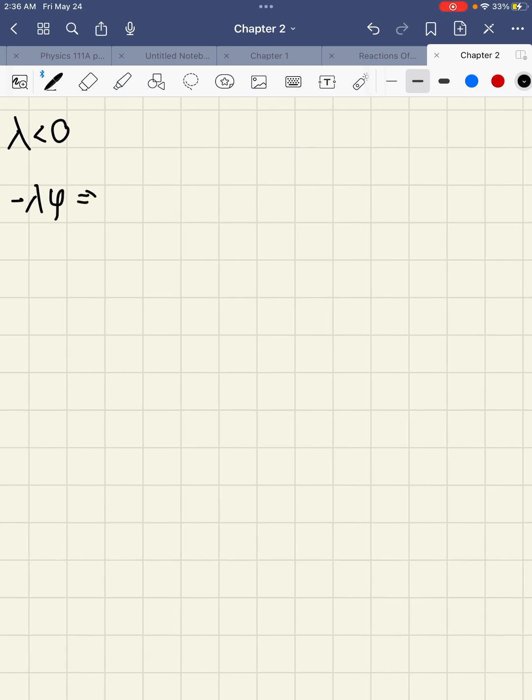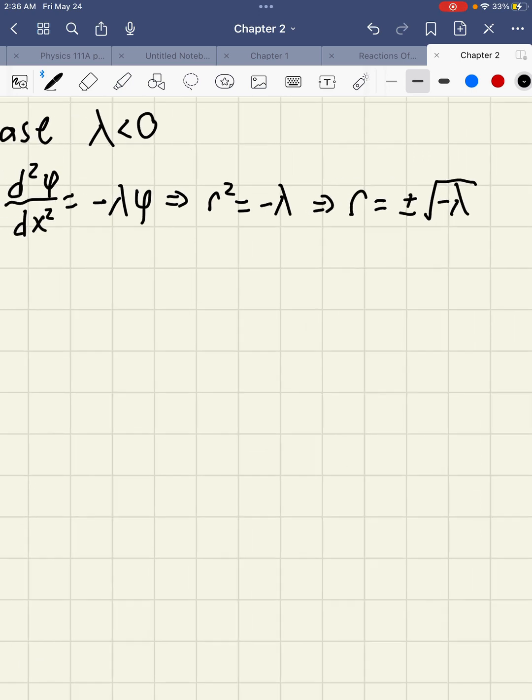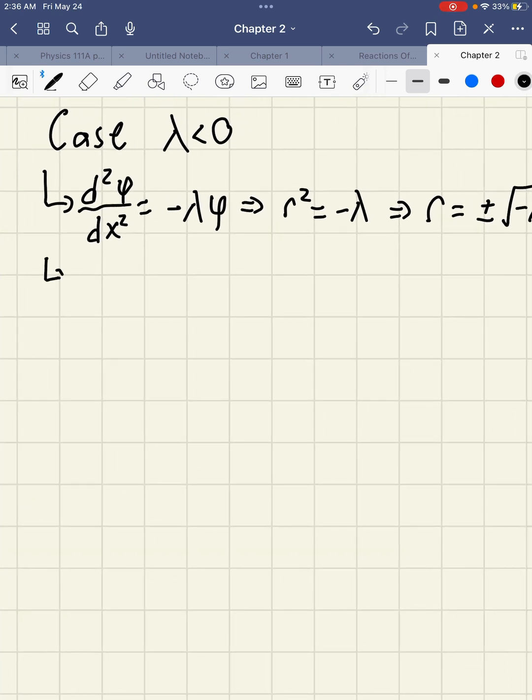Therefore, my r squared is going to be equal to negative lambda, and therefore my r is equal to plus or minus square root of negative lambda. Therefore, my eigenfunction, or my phi, the solution of this ODE,